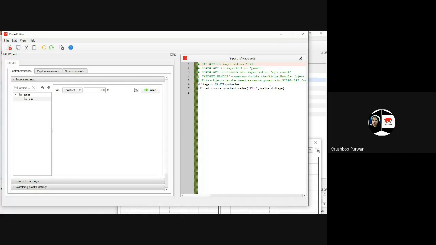Just wait for 2-3 minutes. I just want to show the capture if I'm able to correct the voltage value. That's it. Have patience.